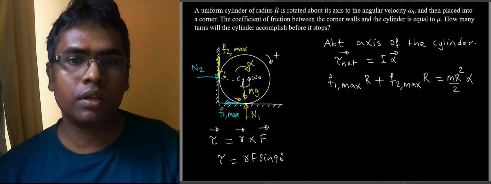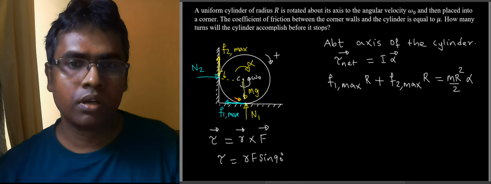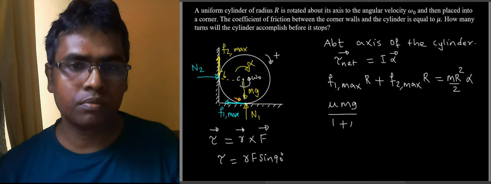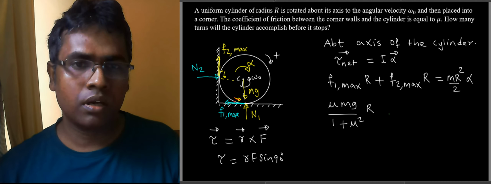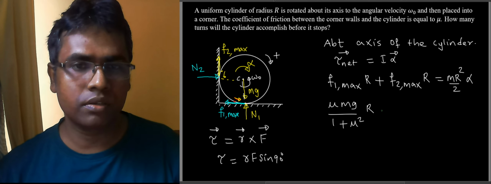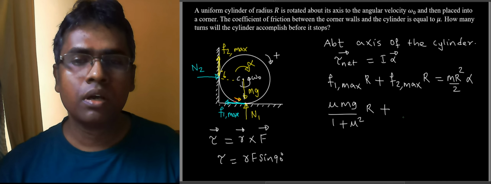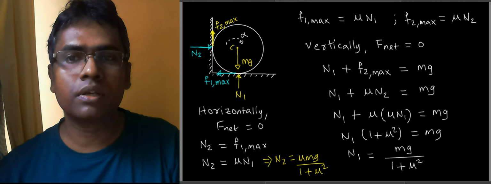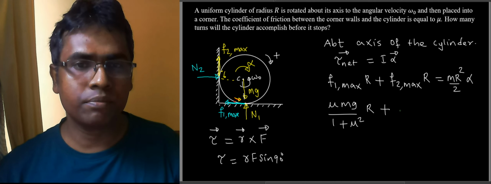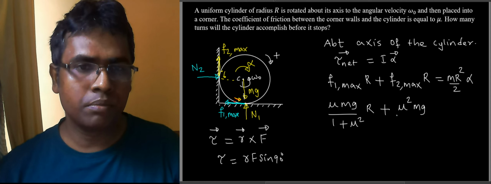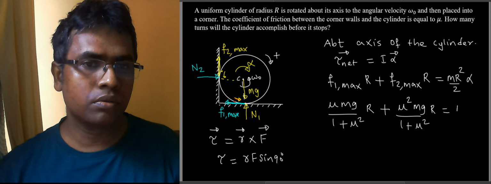So here this would be mu N1, which is mg by 1 plus mu square into R. Again, please note that this should be a plus sign because both the torques are in the same direction. Sometimes students make that mistake. And then F2 max is mu times this, so you already have mu, and this becomes mu square. So this becomes mu square mg by 1 plus mu square into R is equal to mr